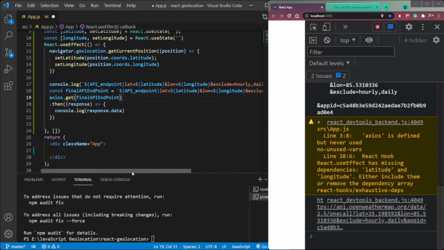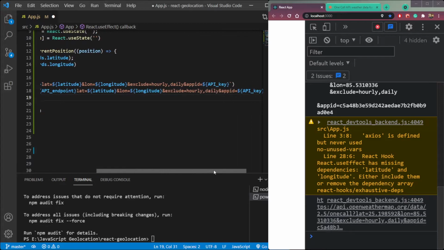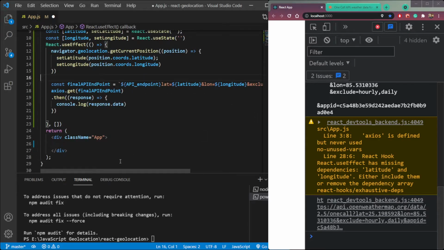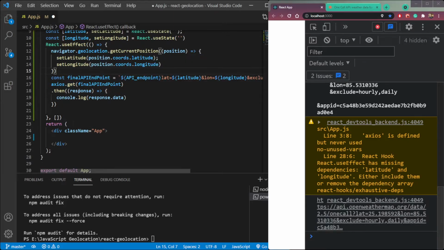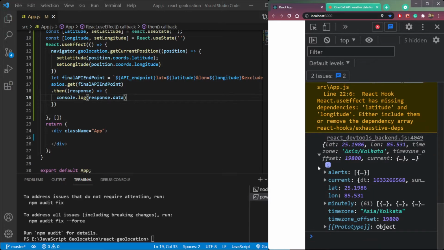Remove the console log, we don't need it. Now we can make this const a let, because a constant cannot be redeclared. So you see, we're getting our data here.